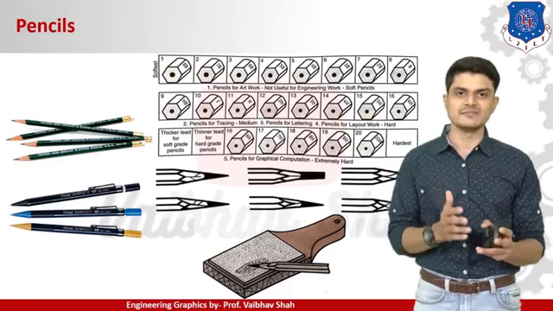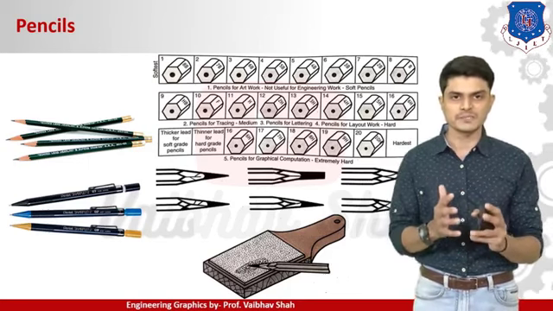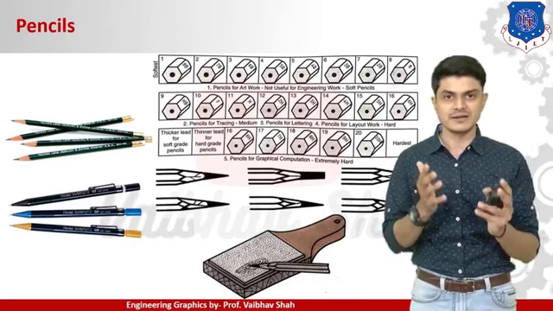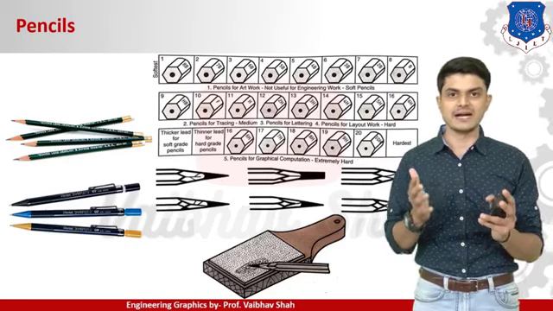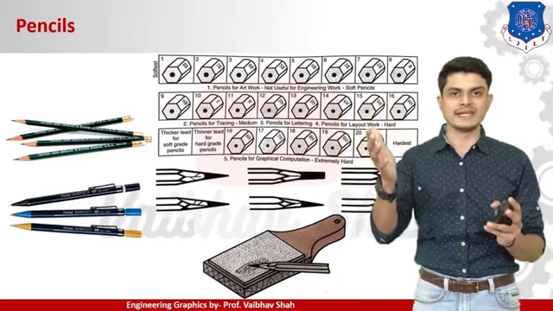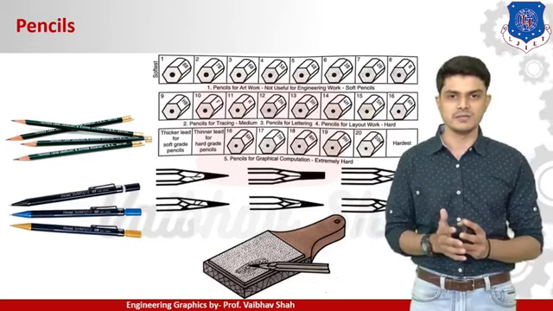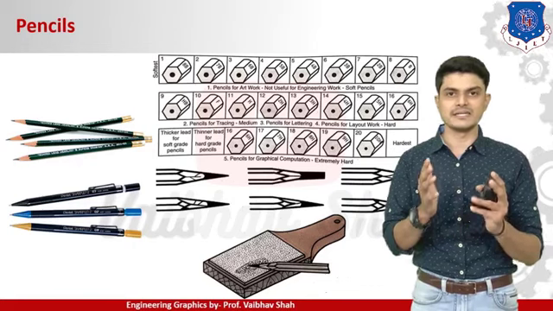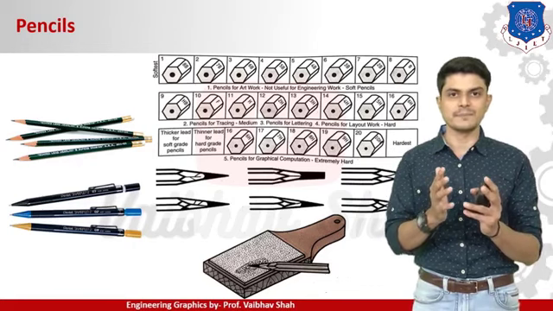Now let us move to our next grade, which is most important for the drawing purposes for the engineers, which is known as your what? H grade. H means hard grade. So you will be having the pencils harder and harder as you go from H, 2H, 4H, 8H up to 10H, and you will be having hardest pencils available. But remember, if you have a too hard pencil, then it can tear off your paper, so don't try to use a too hard pencil.